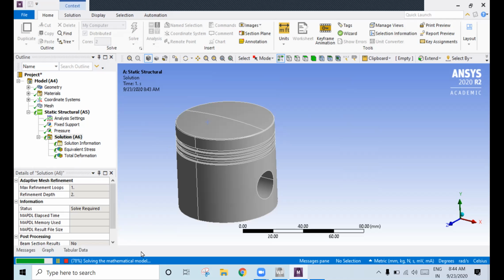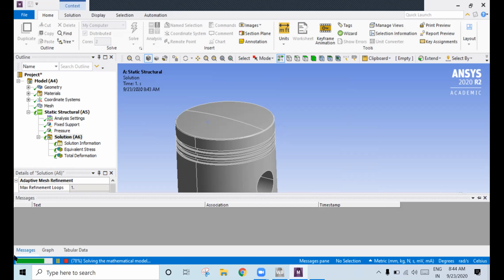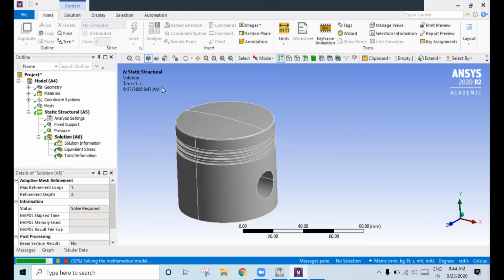See here, it is solving. Okay. See, it has been solved here.